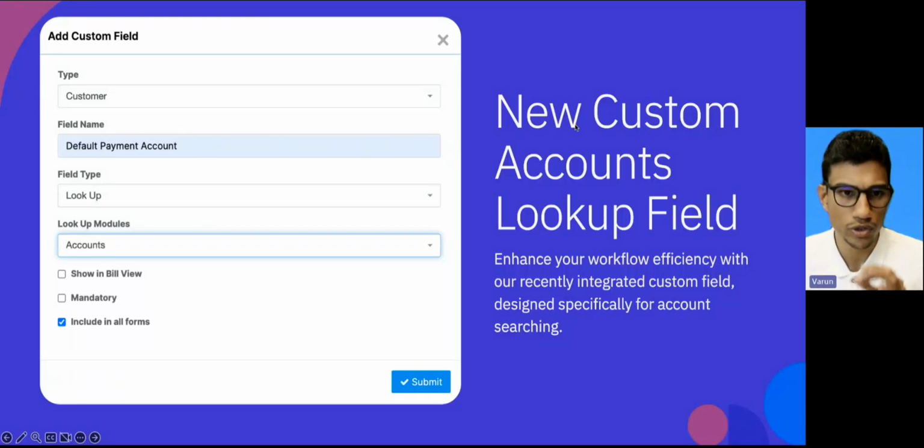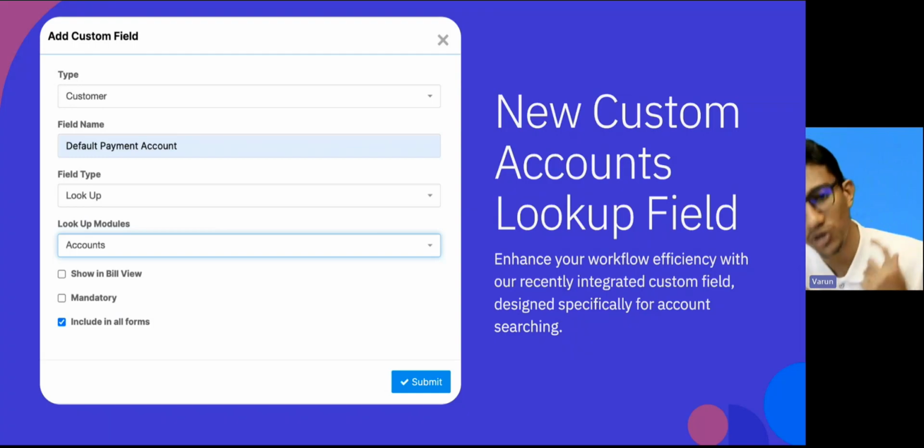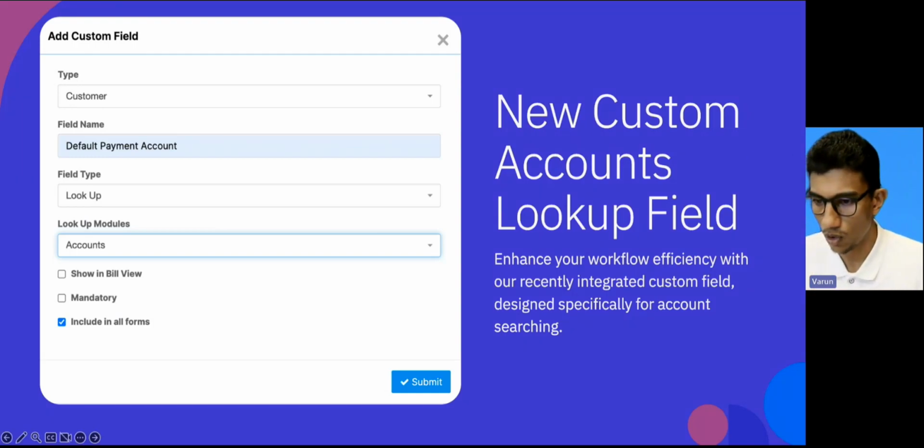New custom accounts lookup field. So here in the add custom field section, this comes in. Enhance your workflow efficiency with our recently integrated custom field, which has a design capability, or designed specially, for account searching. So for that purpose,